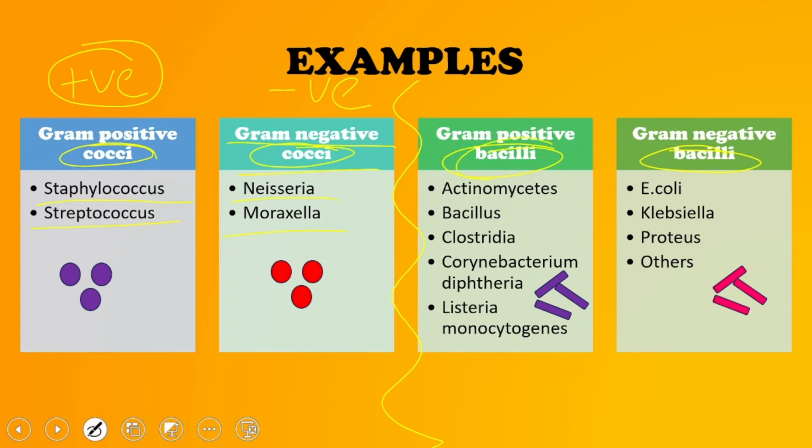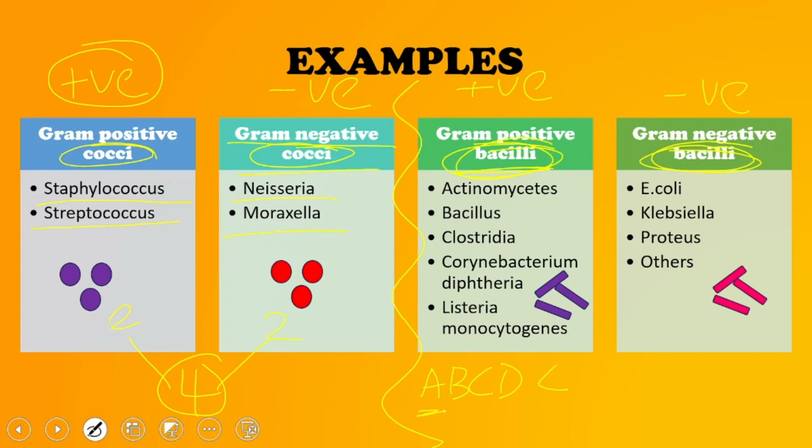Then comes your bacilli. Right? So bacilli के अंदर we have again two possibilities. Either it can be a gram positive bacilli or it can be gram negative bacilli. See, for cocci there are only 4 that you have to remember overall, out of which 2 are gram positive and 2 are gram negative. Remember this thing. And gram positive bacilli, there is a way to remember it. There is A, B, C, D and L.